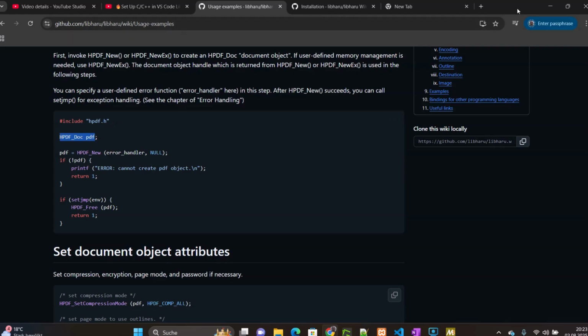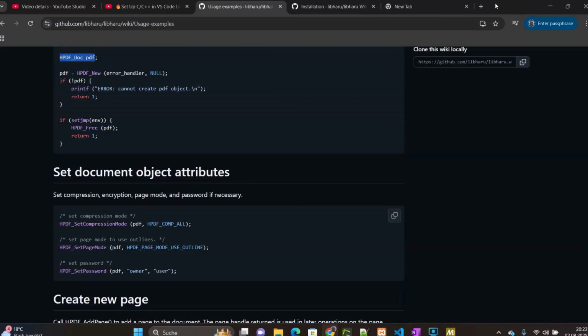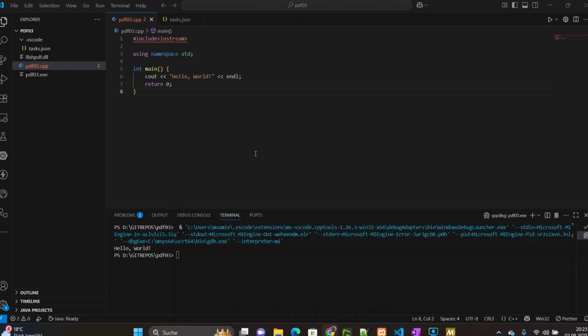So I will take this one. Feel free to see this one. In order to move fast, I will just take this one out, and then here we are going to include that, and then that one is done. So we need to create a new PDF document. So in order to do that, what we do is we come here,